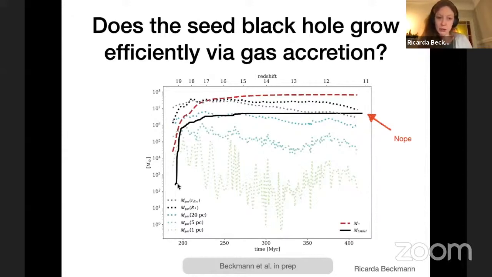We started at about a few hundred solar masses, so sort of in the POP 3-star remnant regime, and we let the simulation run for about 200 mega years, so about a third of the total evolution time to where we see the observations. But then we gave up because, as you can see, the evolution very quickly started stalling.